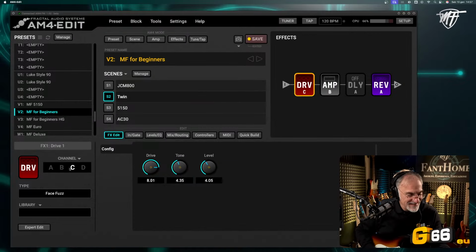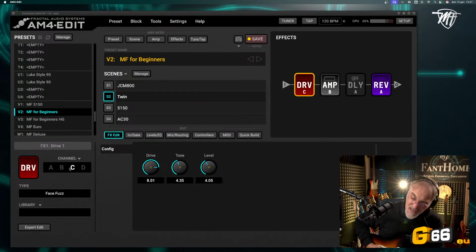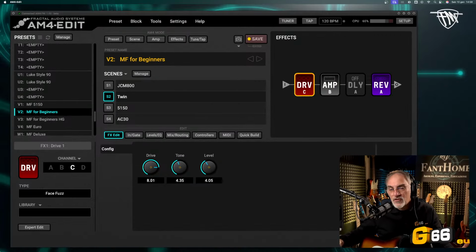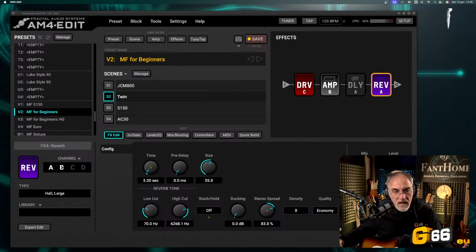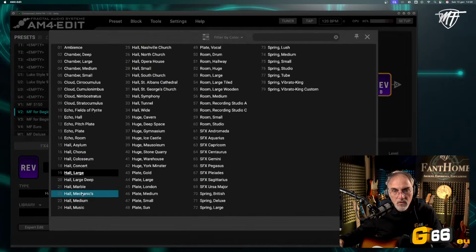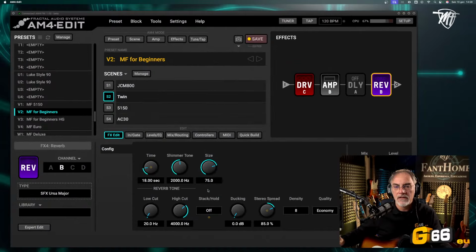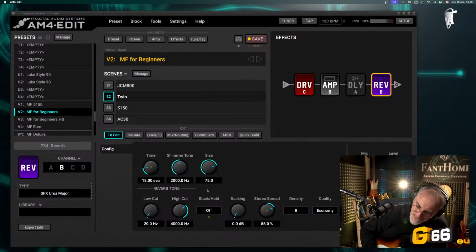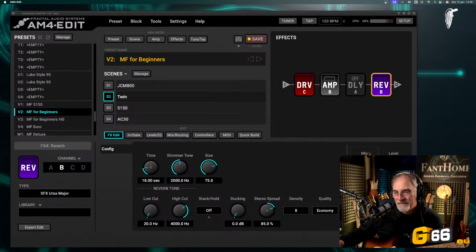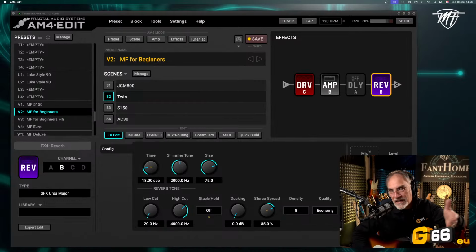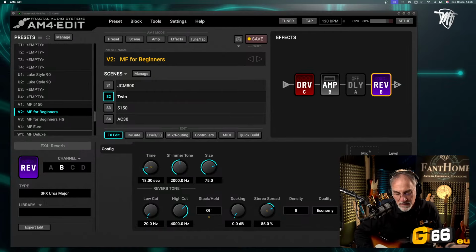Wow! Do you want to make some super special effects? Go to reverb, for example, and you can change the reverb to SFX Ursa Major. You can do it yourself, of course. I'm showing you how you can do it.